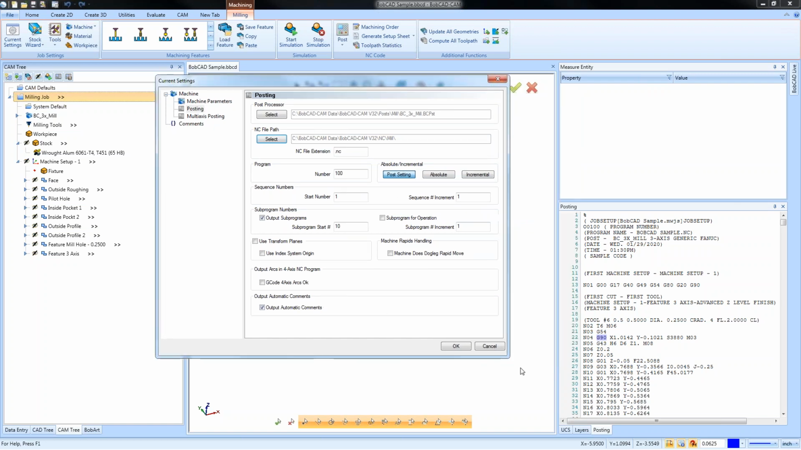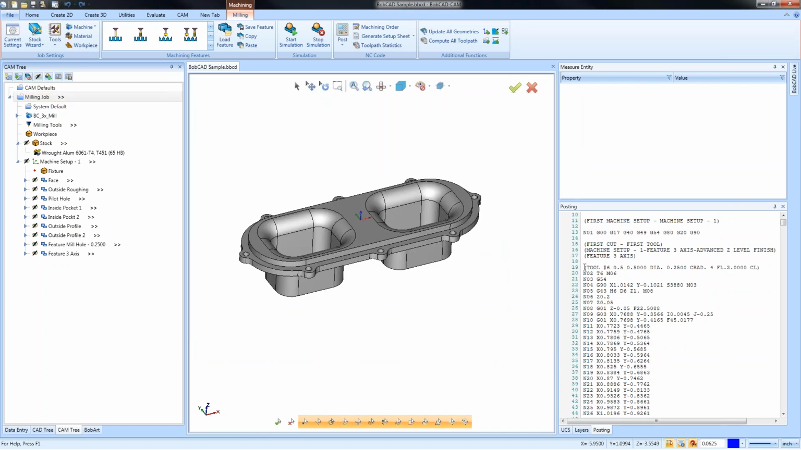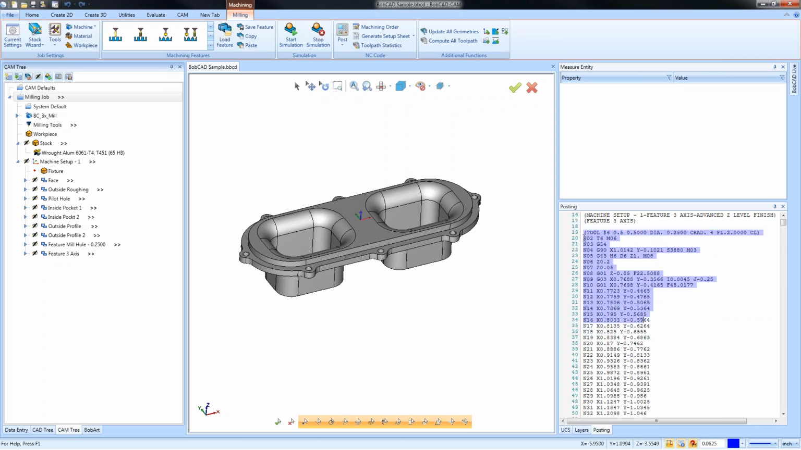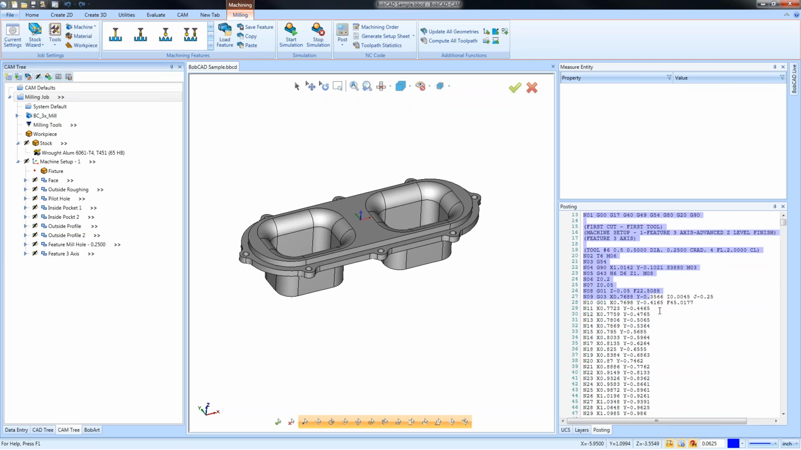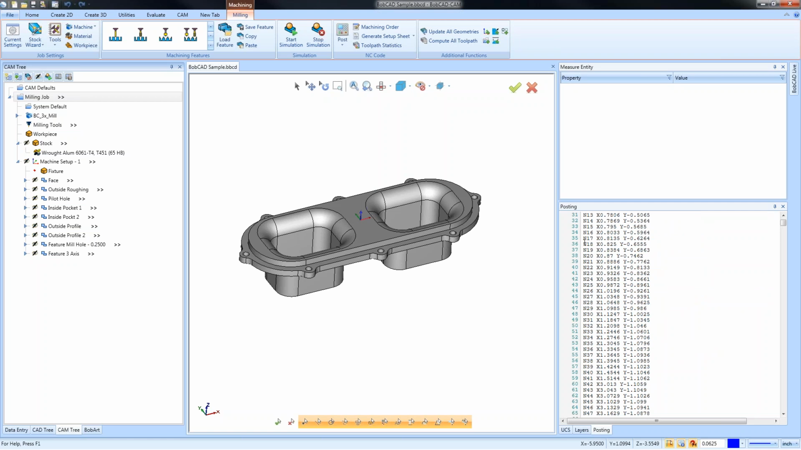Again, if we look at my code over here, you can see I have all these line numbers. We don't have to have line numbers on every block. You could just put line numbers on tool changes. Again, that's easily done with your post processor. There's a lot of very simple customization that really anybody can do to your post to get this